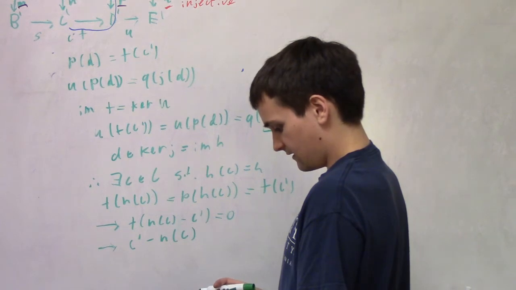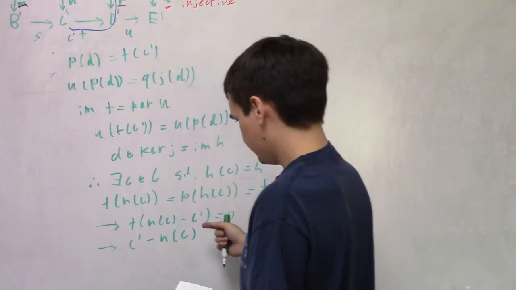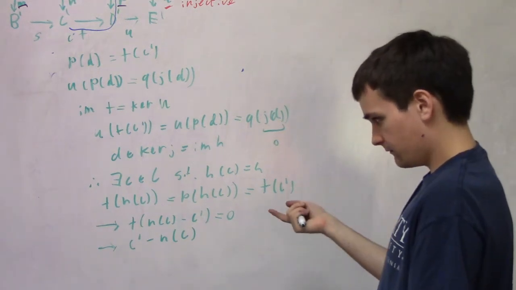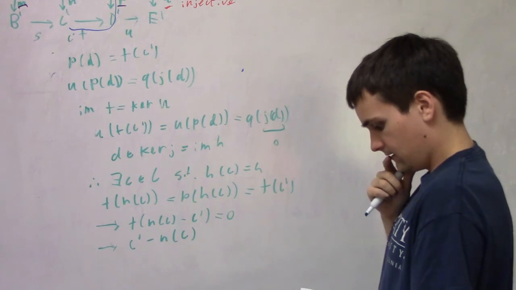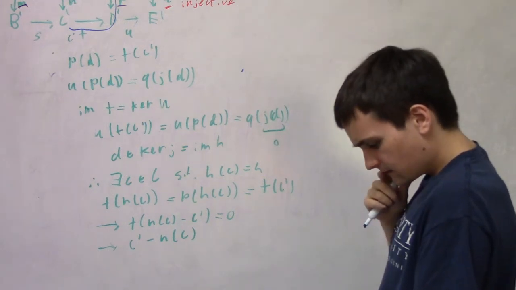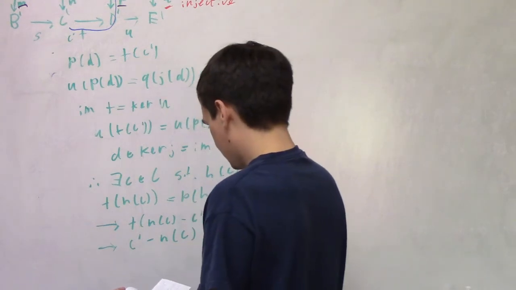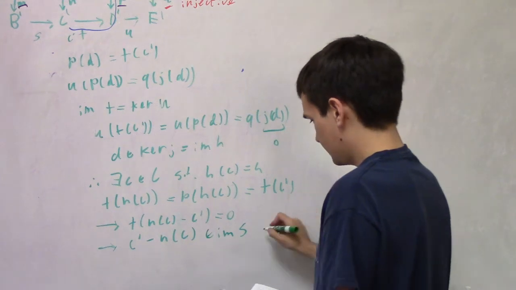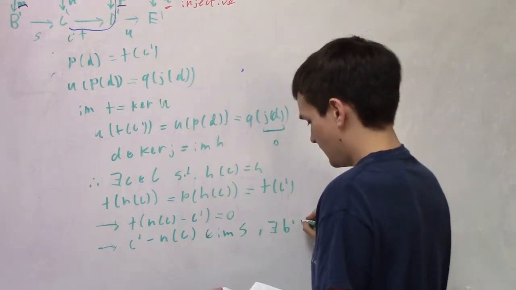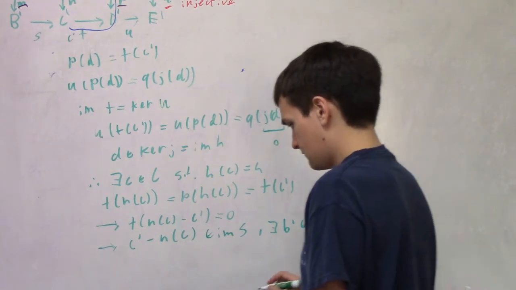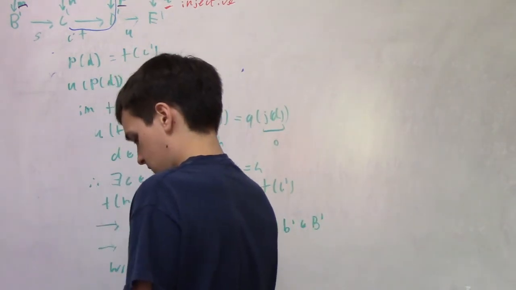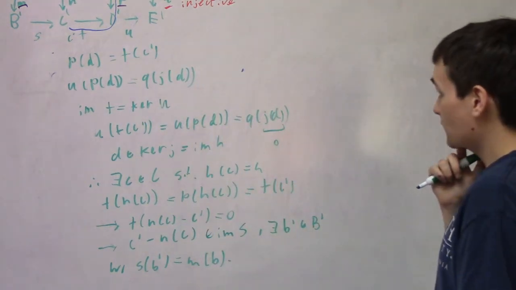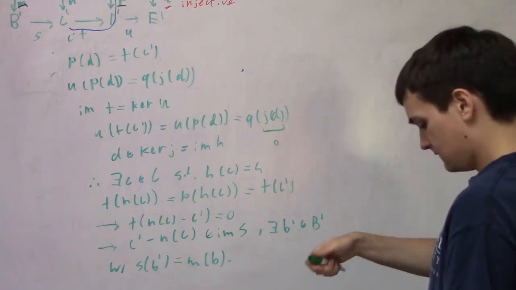Oh, I don't know why I started writing that. Kernel of T is the image of S? I don't know. Is that what you use? Well, it's in the kernel of T. So, is that what they do next? Yeah, so this is in the image of S. So there exists B prime such that S of B prime equals... to recap,